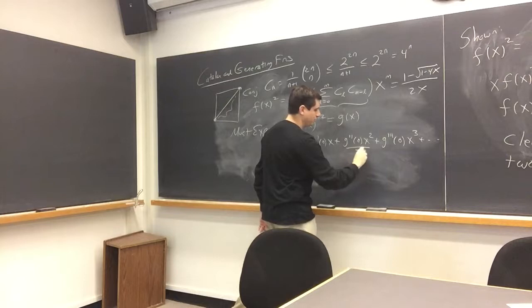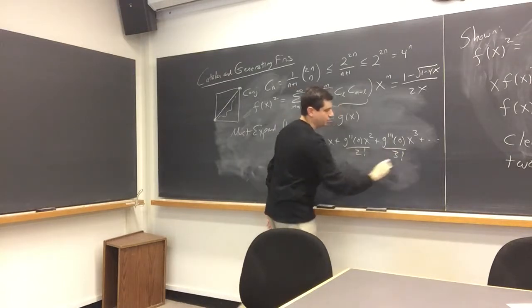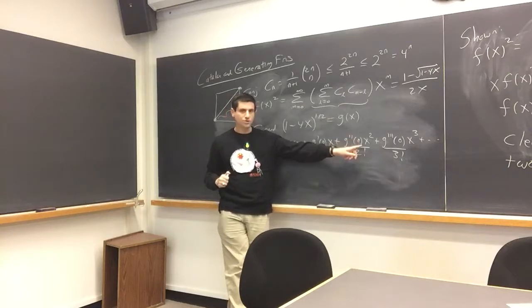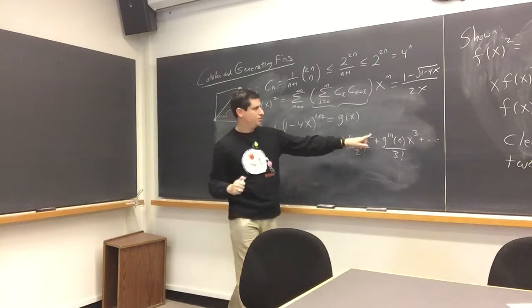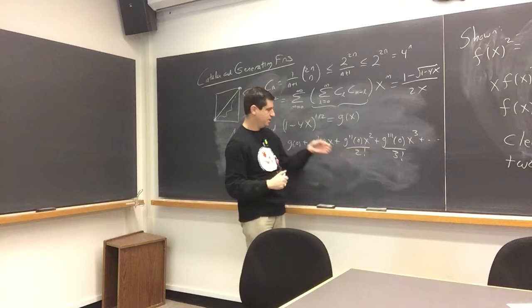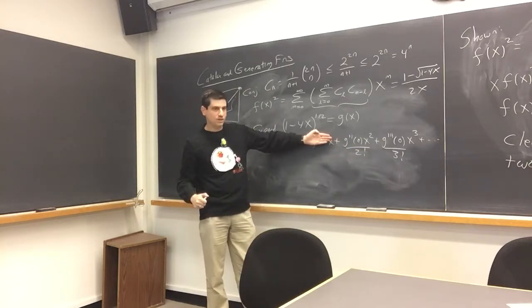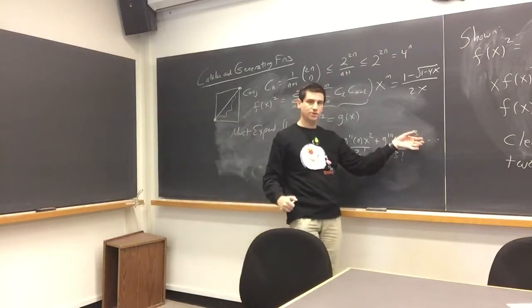Yeah, I forgot to put in the factorial. It's 2 factorial, 3 factorial. When we do our Taylor series like this, we want this way so that if we take 2 derivatives, the 2 comes down as a 2 factorial, cancels this. These 2 are killed because they're only up to x.